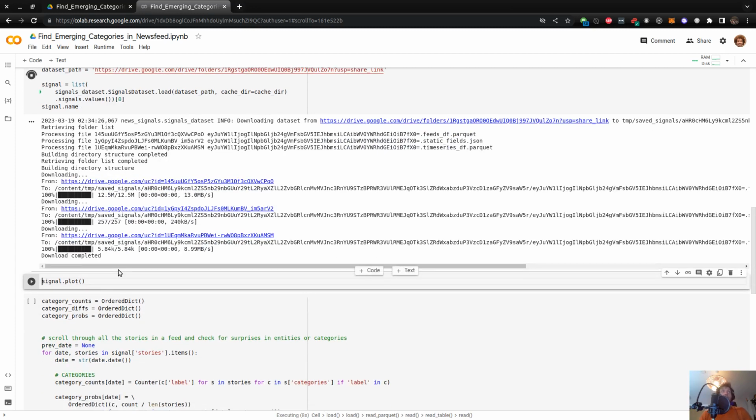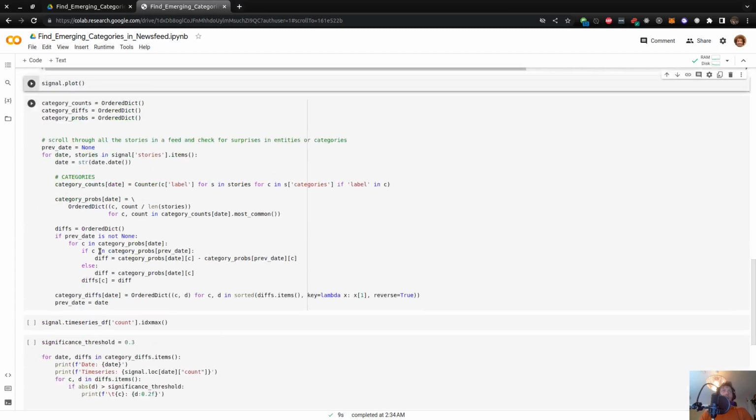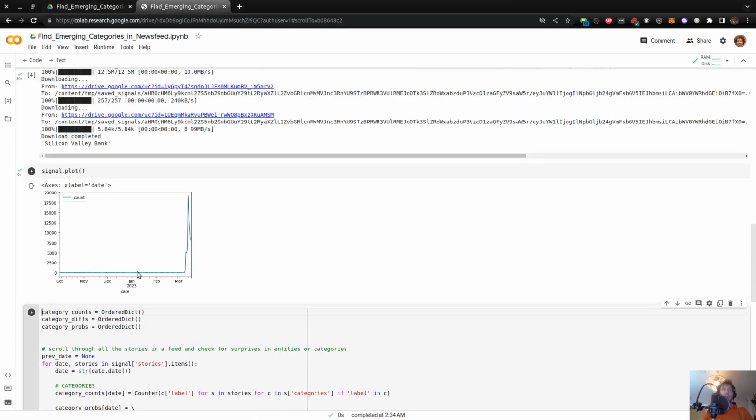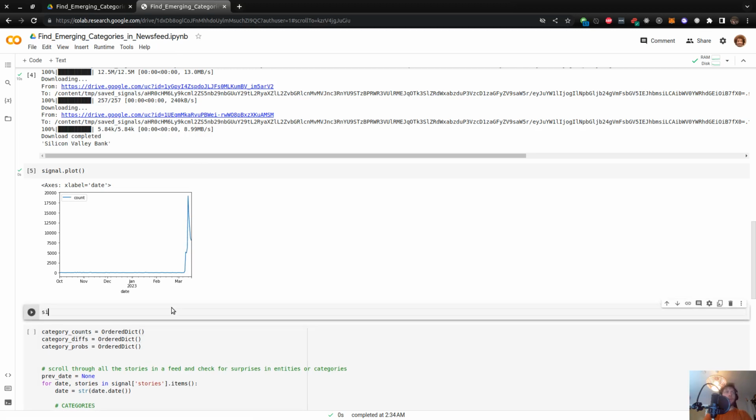We're still kind of learning the best ways to use this library, but I have always been starting with the signal.plot of the primary time series attached to a signal, and this is useful to immediately get visual. Now, we chose this deliberately because we know it just spiked like crazy. Most people outside of Silicon Valley, or outside of the VC scene, had probably never heard of Silicon Valley Bank before this collapse story. So it spiked, and you might want to know